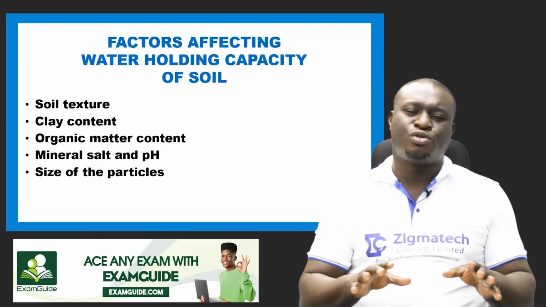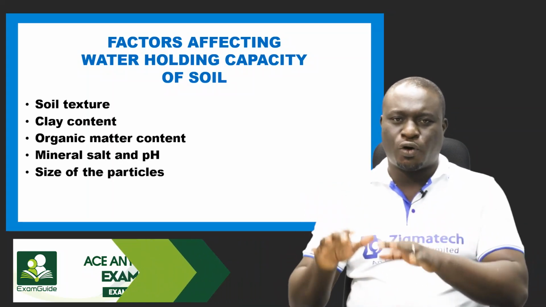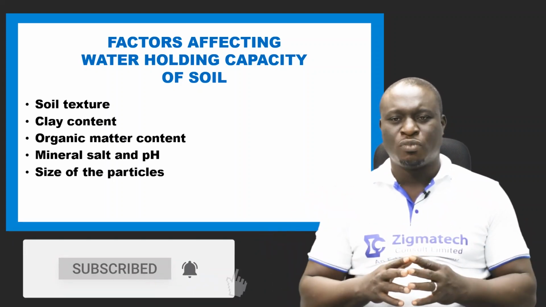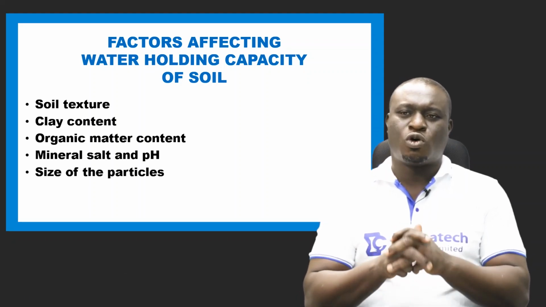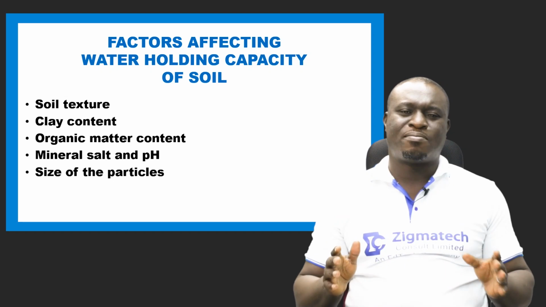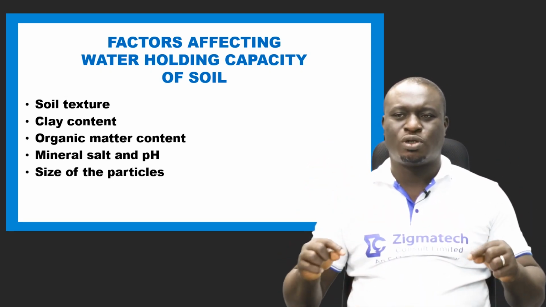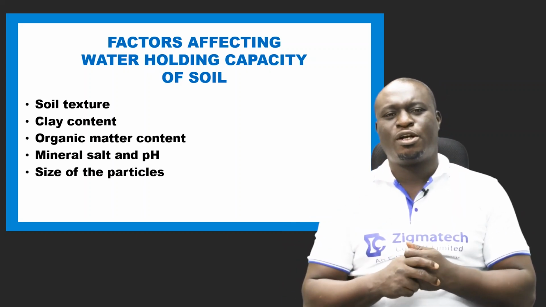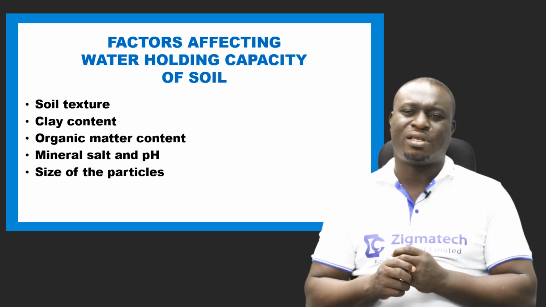And then also number 2 is the clay content. If the clay content in a particular soil is high, the water holding capacity will also be what? High. Organic matter content too is also another factor affecting water holding capacity. If the organic matter content is also very high, it also causes the water holding capacity of that particular soil to be what? High. And then number 3 is mineral salt and pH, and then we also have the size